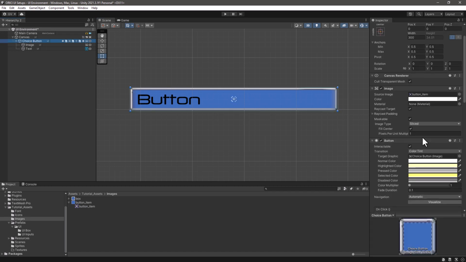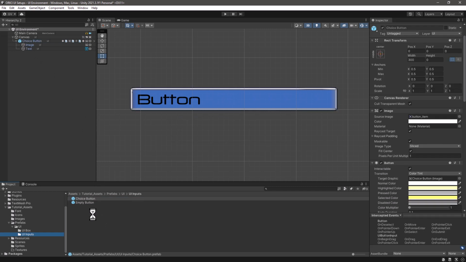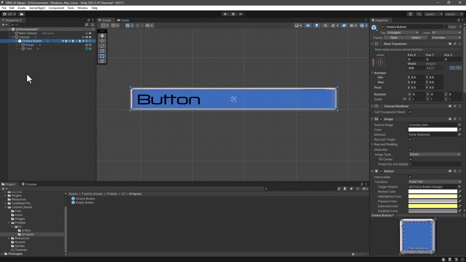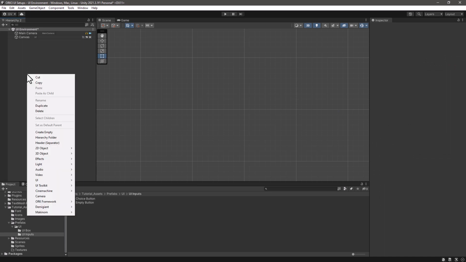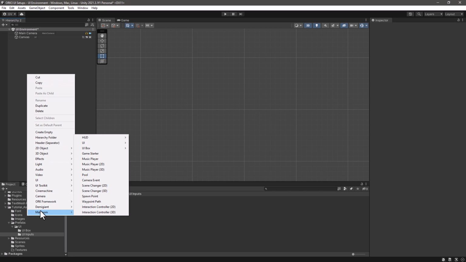Of course it's already set as sliced, and because the image is not of good quality, this is why we see it with these little artifacts. But anyway, then we have our choice button. So let's go into our folder and drag this game object to make a prefab out of it. Then we can delete it from the hierarchy, and let's continue with the next one, which is the choice info